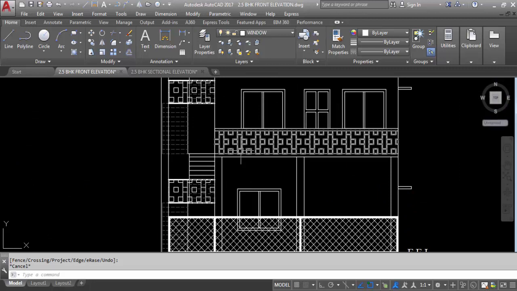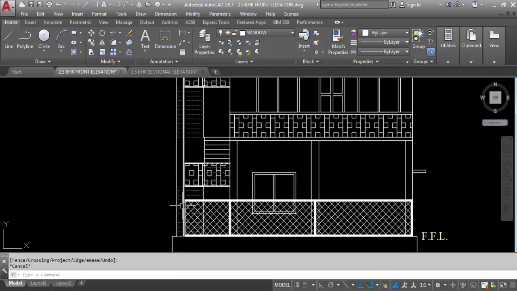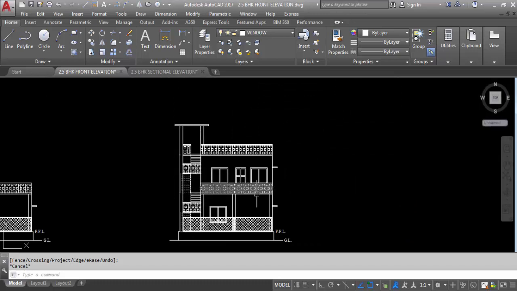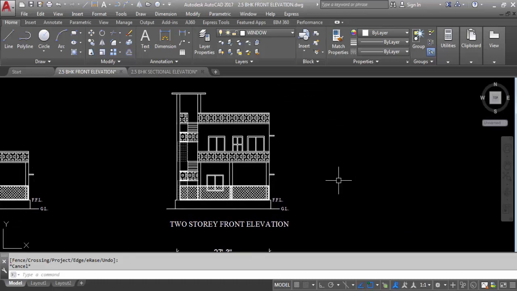So this is the 2-story front elevation. So hope you like this video,